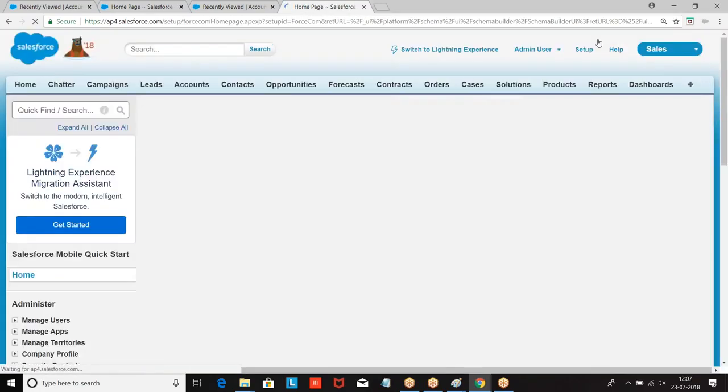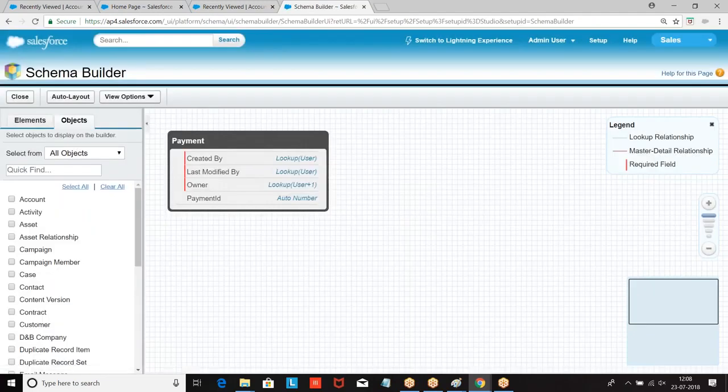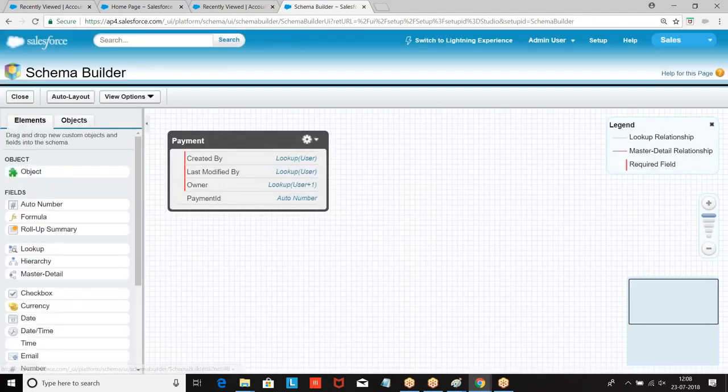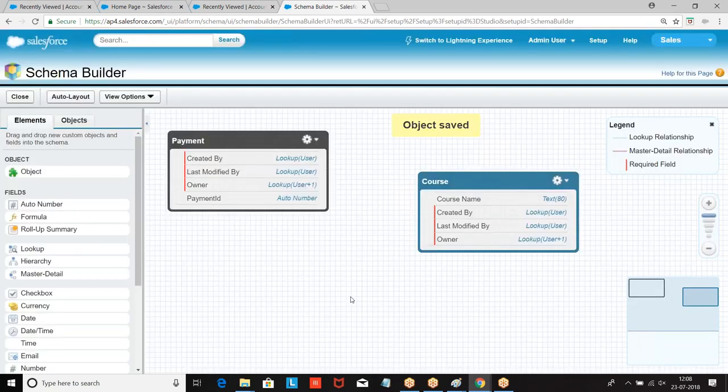Once again, navigation: setup, build, lightning bolt, schema builder, elements, object, courses, course name, text. Are you getting my point here? So quick creation. Then we need to go to the object and modify the permissions there. Right? Okay. So schema builder.